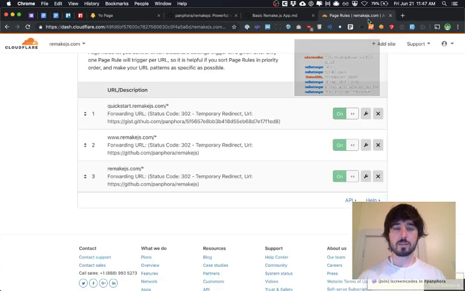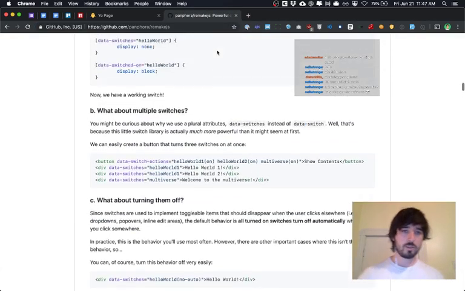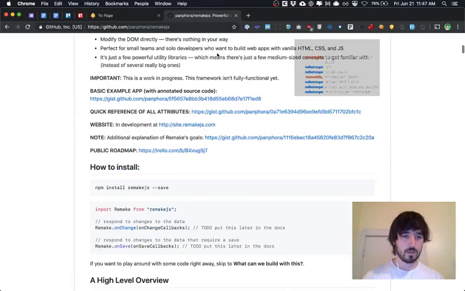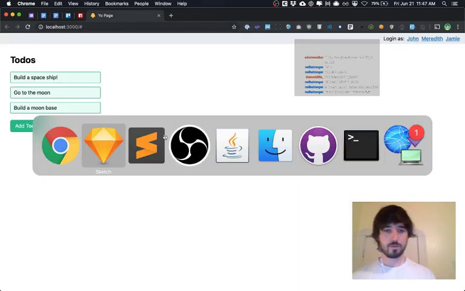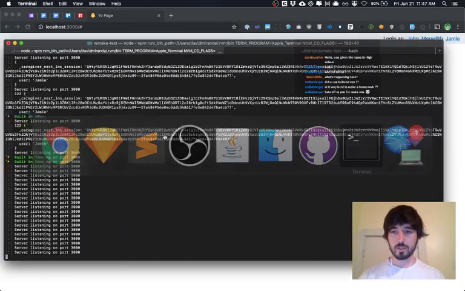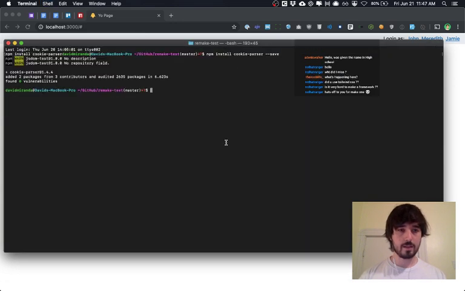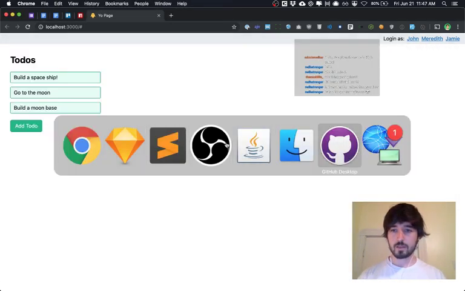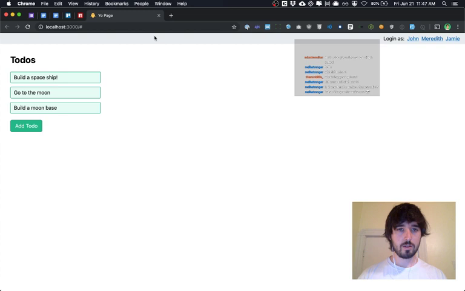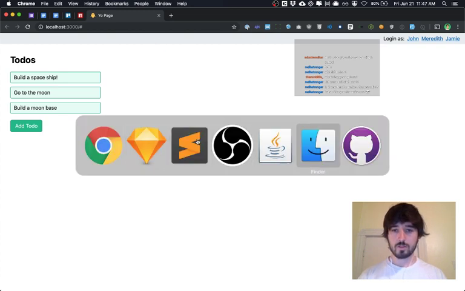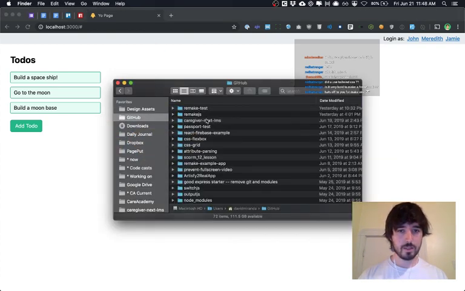I don't know. I'm not going to waste any more time on that. So yeah, let's make this app. The first thing I want to do is just close out of the existing app, and then we're going to make a new app. So let's copy and paste the existing